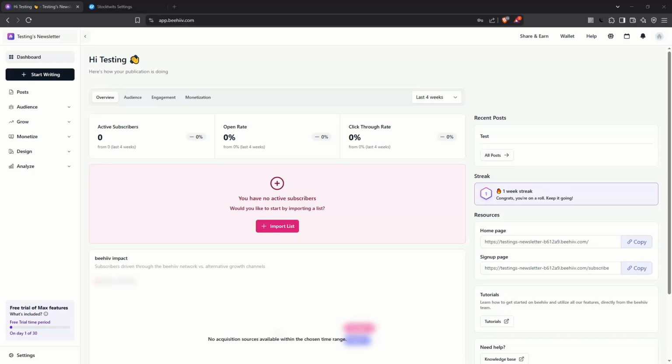In today's video, I'm going to teach you how to connect Stocktwits to Beehiiv. By following these steps, you'll be able to seamlessly integrate these two platforms and enhance your workflow. Whether you're a seasoned pro or just getting started, this process is straightforward and will help you leverage the strengths